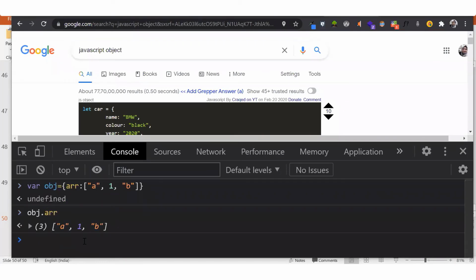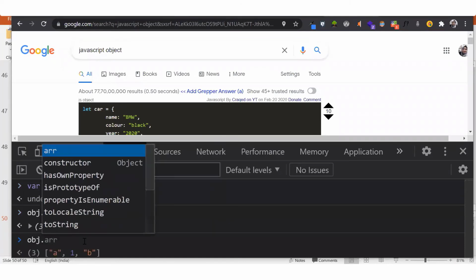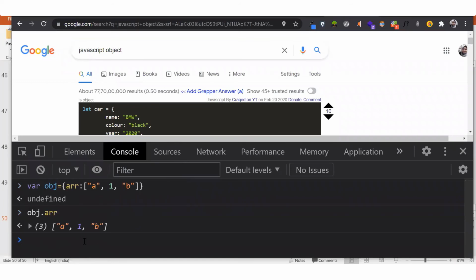And you can even define an object within an object. So let's say you would write obj dot, and within these curly braces you can write obj2 and then colon and then another object, and then start typing whatever you want to add in this particular object. So an object within an object is also possible.